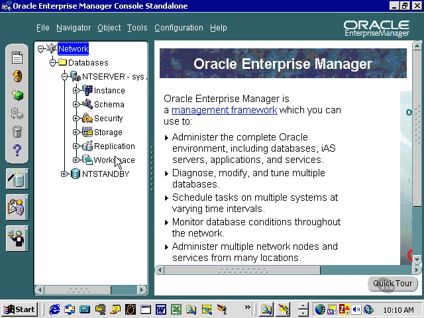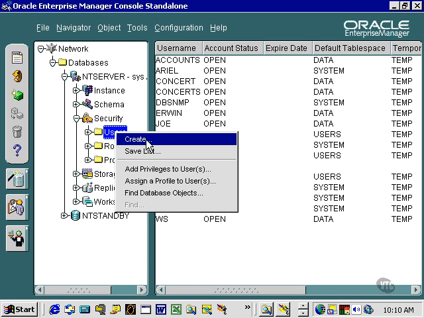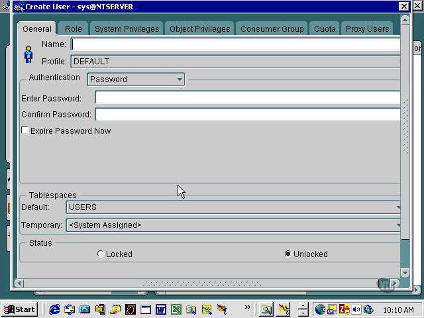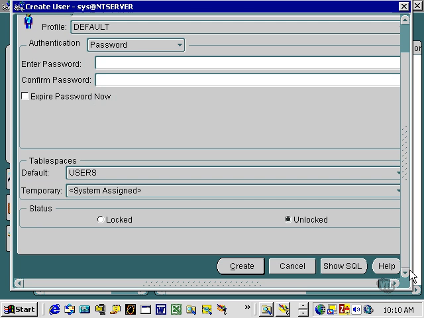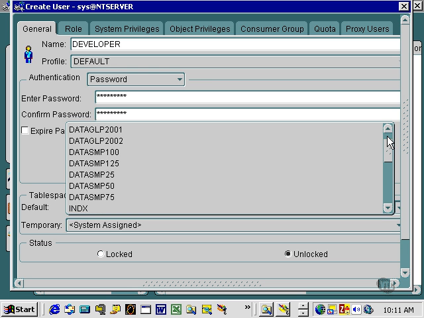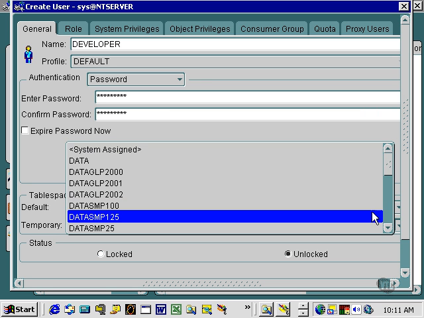Now let's move this across a little so we can see, and we're going to go and create a user in security. So we'll create a new user. Let's resize this a little so we can see. So let's create a user called developer. Profile, there will be no profile. Password authentication, we'll just give him password, developer, same as his username. The default table space will be data. The temporary table space, as you can see, is system assigned automatically,